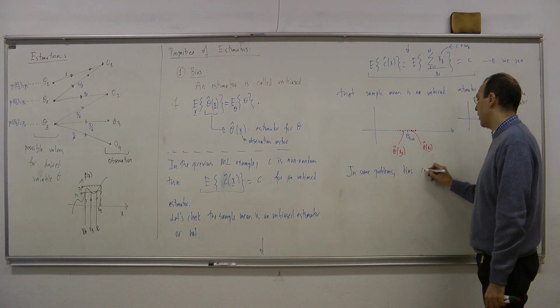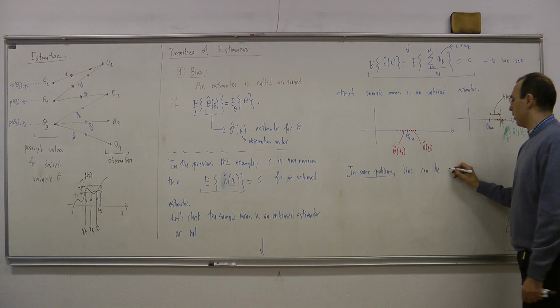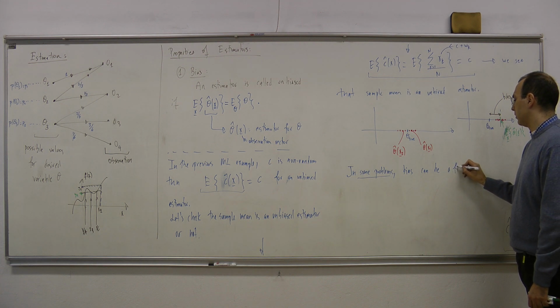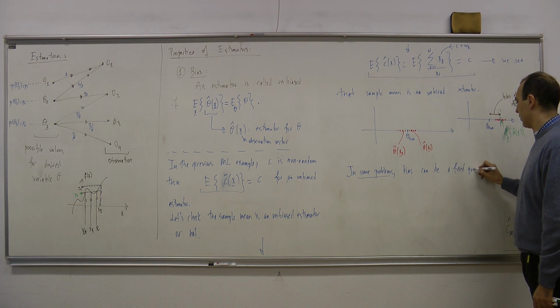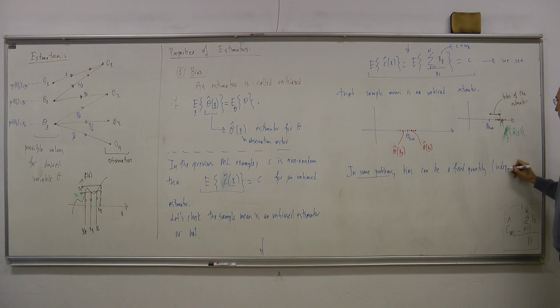In some problems, not all, the bias can be a fixed quantity, meaning that it is independent of theta, the true value of theta. Then